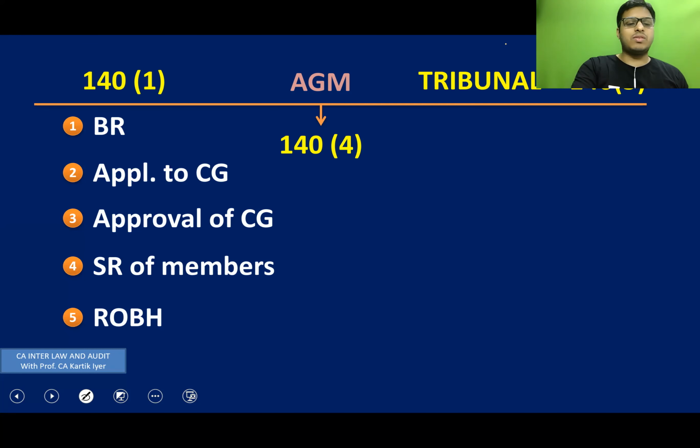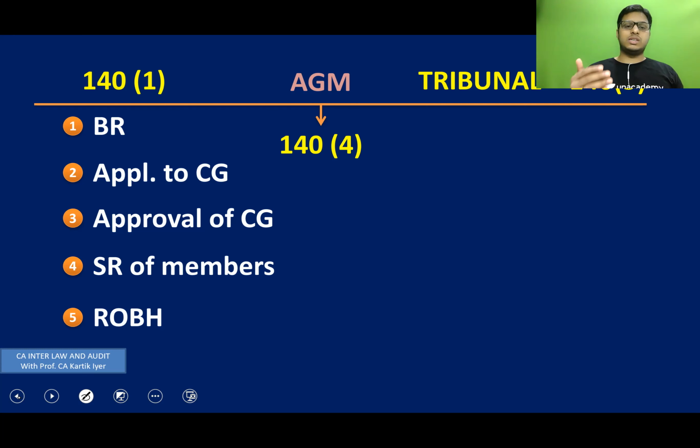Now, subsection 1, how did the provision go? Let's imagine the chart. We have done the chart, right? In this, first of all, a board resolution will have to be passed. After the board resolution is passed, the board of directors will make an application to the CG in form ADT-2, along with the fees. Then they will wait for the CG's reply. After the CG gives approval that this auditor can be removed,